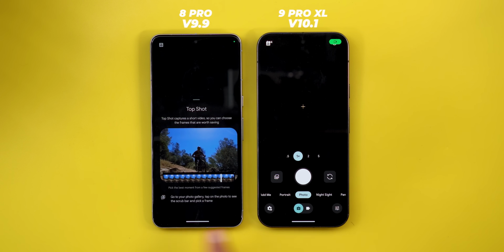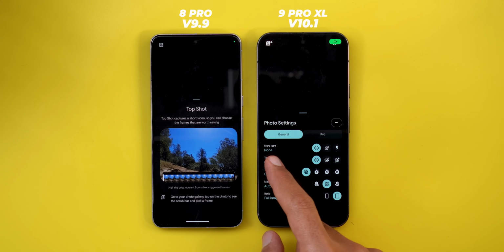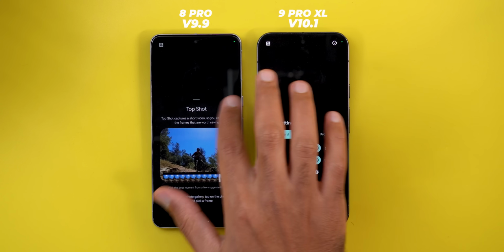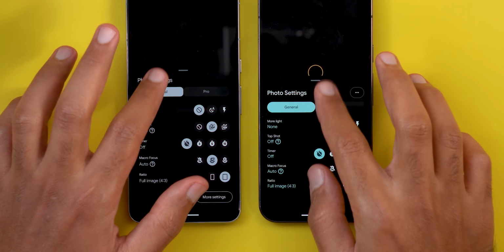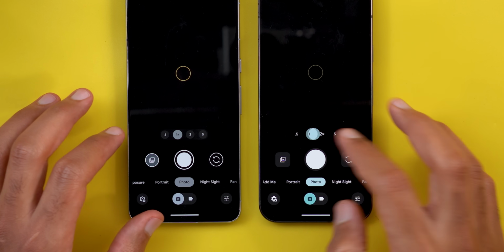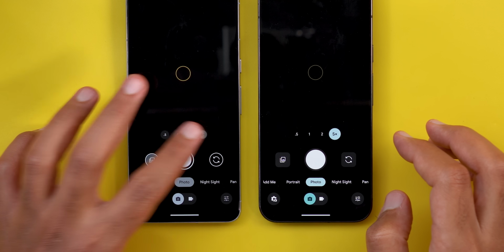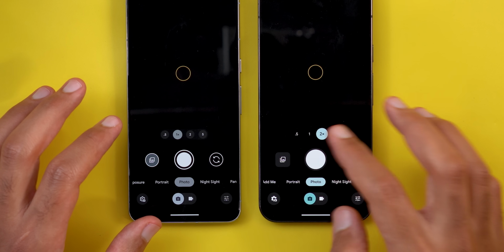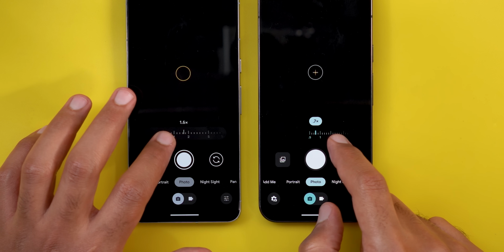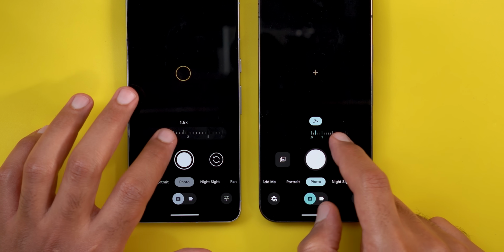We still have the same thing in 10.1, but instead of showing a floating card, it takes you to the same new camera guide. The second change is in the zoom slider. First, the numbers are now much bigger, plus they animate differently. So when you compare both, you will see a different animation. And when you drag your finger, the zoom level is now written inside an oval container to make things easier